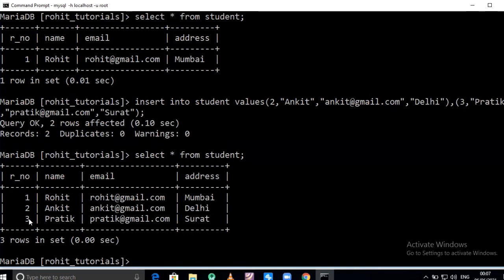Now we use the alter command. It is useful for adding an attribute to an existing table. Suppose alter table, table name is student, add, suppose mobile number, add mobile, data type is suppose varchar, size is 13, semicolon, press enter.